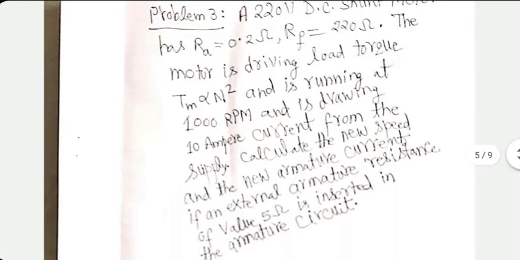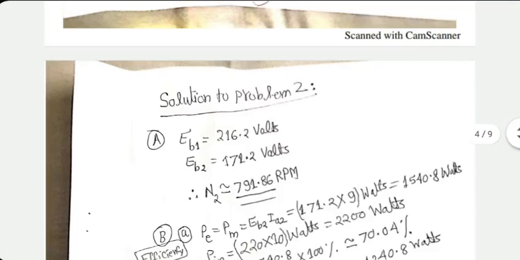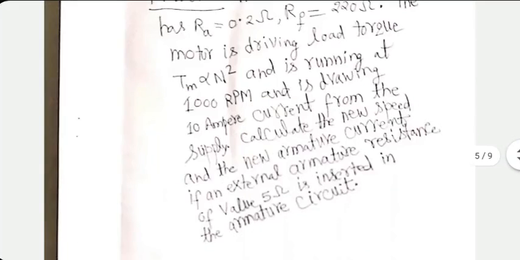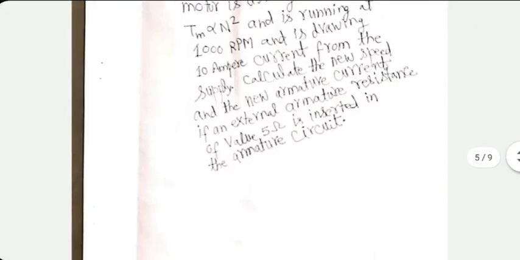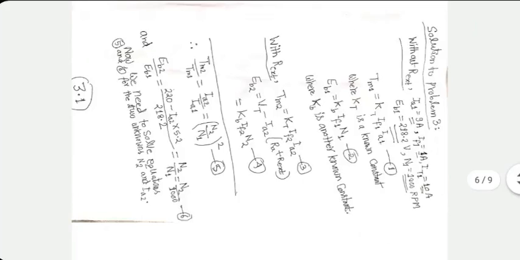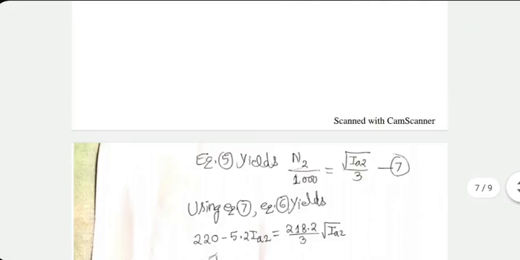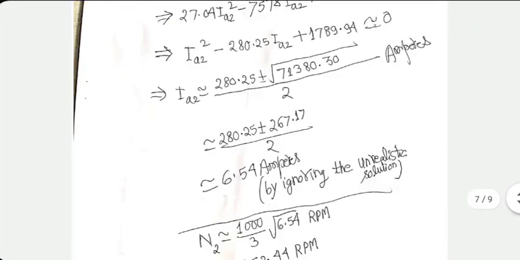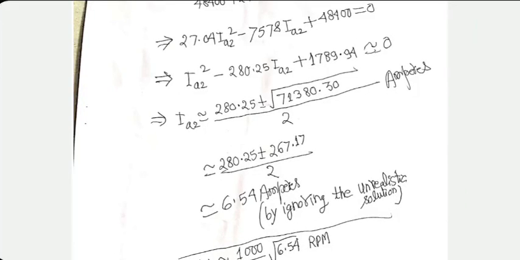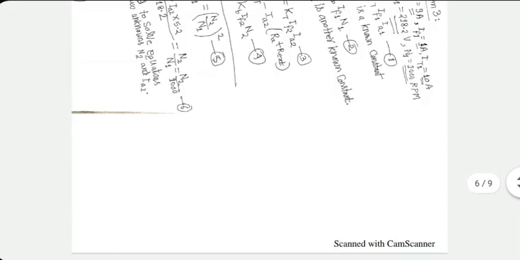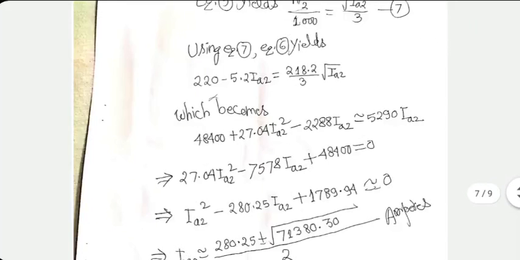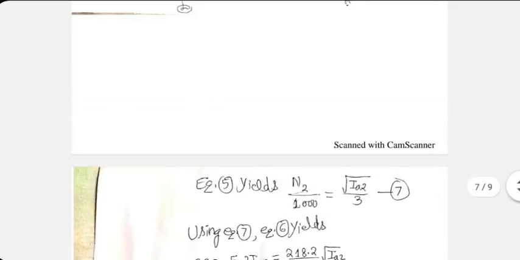Problem is similar to what we saw in the previous two problems, but here the torque is proportional to speed square. That is an additional factor. I would prefer that you read the solution by yourself and then we can discuss later. This problem actually leads to a quadratic equation for both torque and armature current. Please go through this solution by yourself and we can discuss it offline or maybe in the next lecture. I want you to read the solution carefully first. If you don't understand it, we'll give up on this problem.